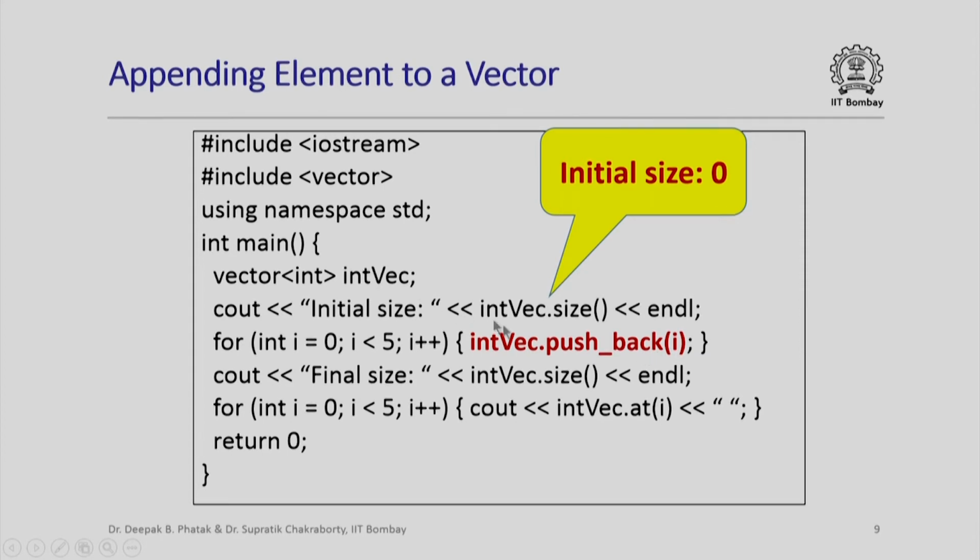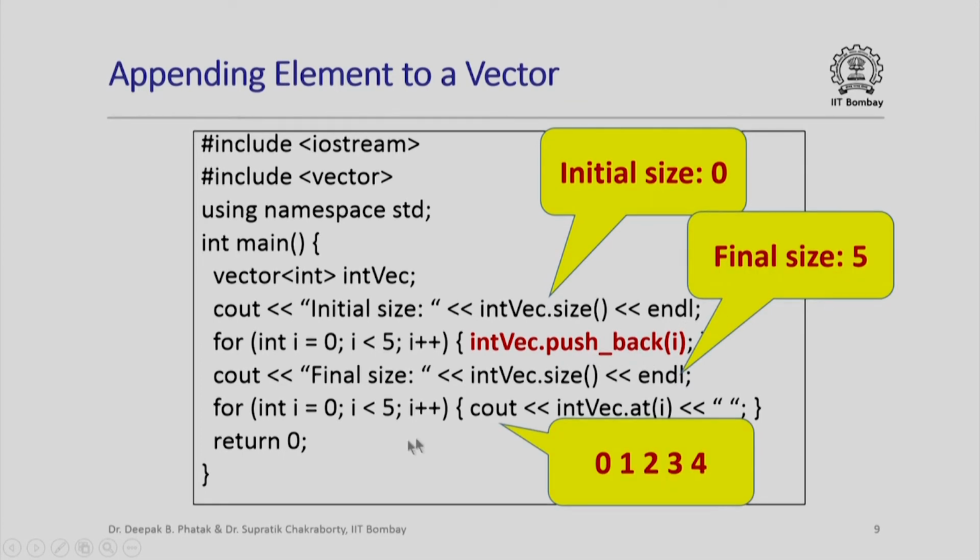So I start off with a vector of size 0, and then inside this loop I first push back 0. So then it becomes a vector of size 1 containing the element 0, then I push back in that vector the value 1. So now it becomes a vector of size 2 with elements 0 and 1, and so on as I iterate around this loop. So after I have done this, I have basically done 5 push_backs. So it is going to append 5 elements at the end of the vector. So finally the final size will turn out to be 5, and if I actually try to print out the elements of the vector after doing these 5 push_backs, I will get 0, 1, 2, 3, 4.